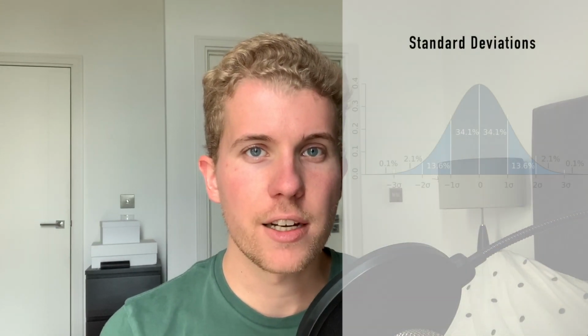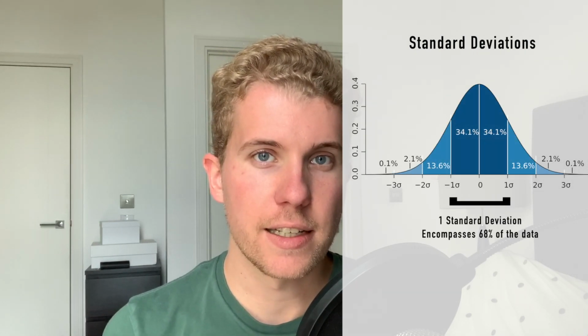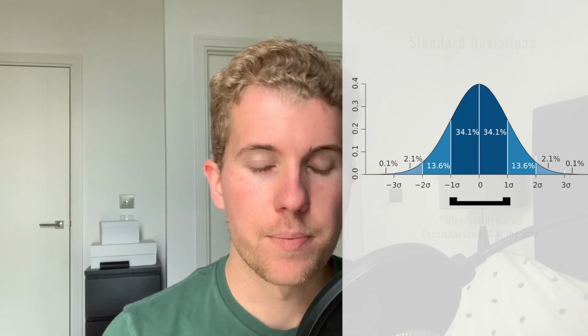But now we need to define what a one standard deviation move is. Standard deviations are a way to understand how the data are spread around the mean. That's something used a lot in statistics, and it's very useful to understand how spread the data is around a certain mean. So let's imagine that in a class, students take a test about a math subject or whatever it is, and the test is graded from 0 to 100.